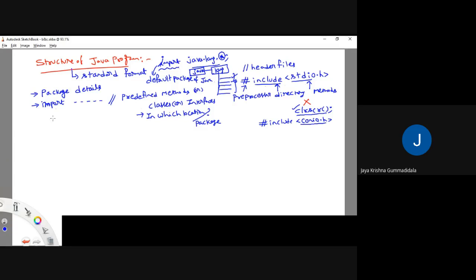And then, without writing a class, a Java program doesn't exist. Whereas in C++, we can write a C++ program without writing a class also. This is what I defined at the start of the classes concept. Okay, fine. So every Java program must start with the concept of class. So class followed by